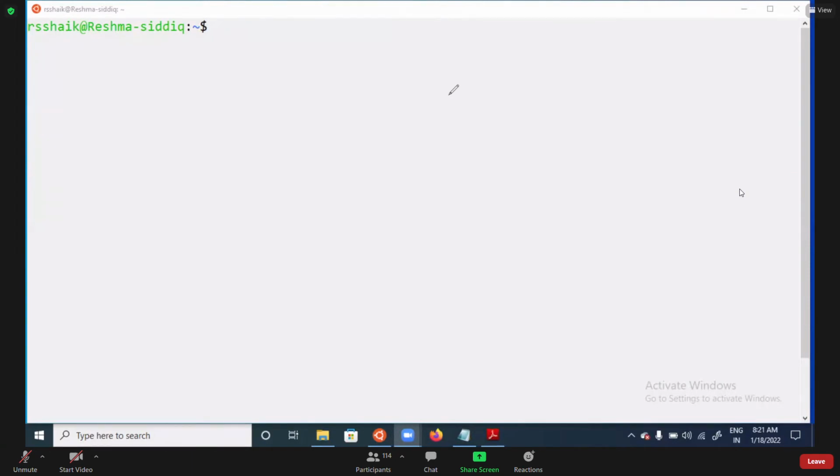A single pointer can dereference only 1 time. A double pointer can dereference 2 times. A triple pointer can dereference 3 times, like that. More than that is not possible. If you take more than that, that is a compile time error, not a runtime error. So you need to take care of all these things. Now, do you still have any doubts related to this? Then you can ask me.